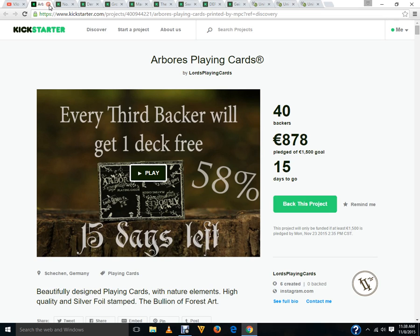Oh, this one I wanted to mention quickly before we get on to the next deck. It is the Ouroboros playing cards from Lord's Playing Cards. It's getting there. This one's been here for a couple of weeks. I've mentioned it before. I just wanted to talk about it because of this. Every third backer will get one deck free. This, to me, especially from a creator who's had only one successful project, doesn't have a lot of followers, is a financial no-no. And I would recommend not backing it because in the end, he's giving out all these free decks. He's not going to be able to